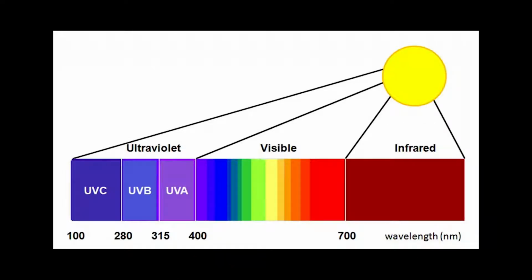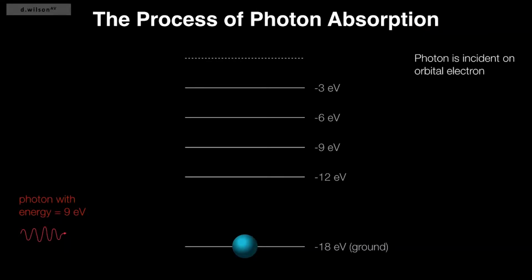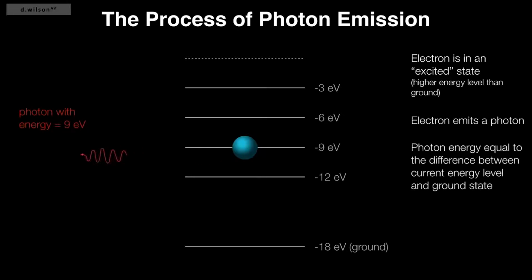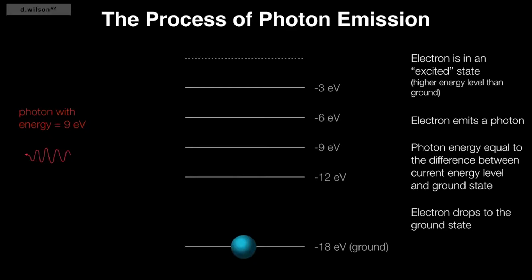For the purpose of an example, we will look at the ultraviolet to visible light spectrums, and what happens when photons in these regions of the electromagnetic spectrum are absorbed or emitted by atoms. When an atom absorbs a photon, it absorbs its energy, exciting the atom's valence electrons up an energy level. In an excited state, the atom is more unstable and wants to move back down to its original energy state. So it does, and in the process emits a photon equal to the difference in the energy levels.